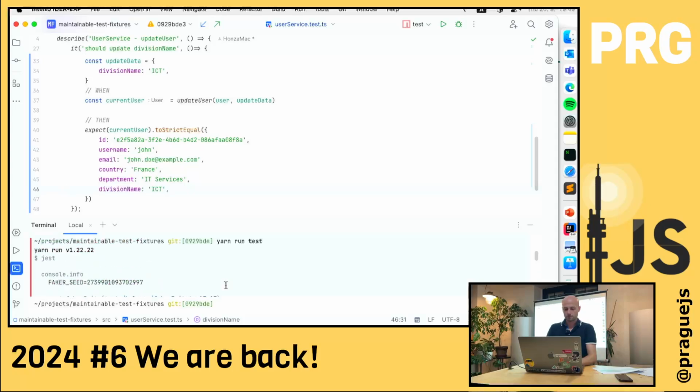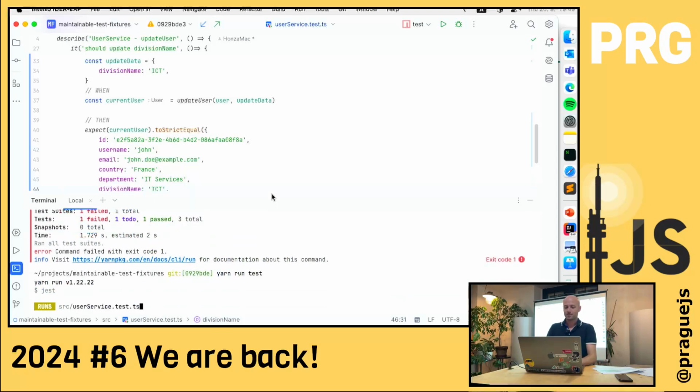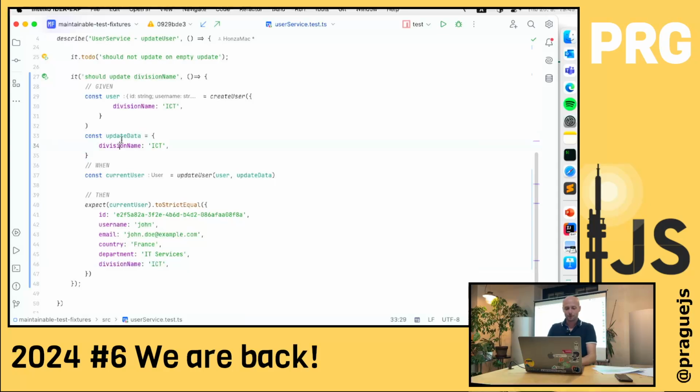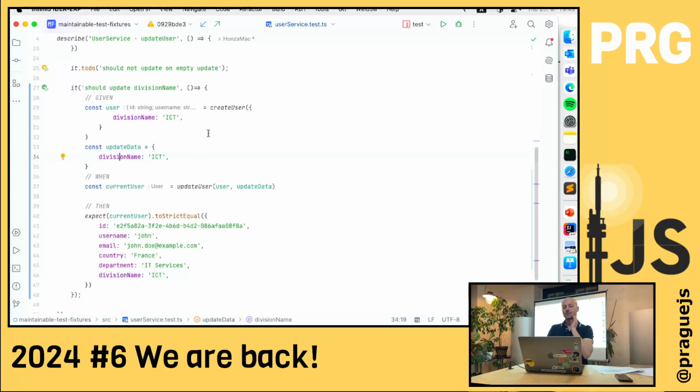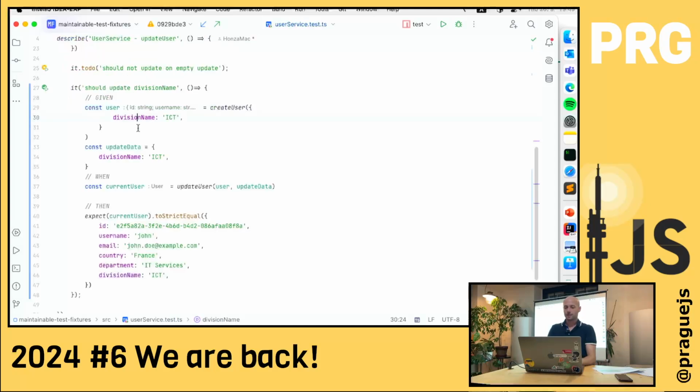This way. Right. But it's great there are so many people who can help me. So the tests are passing, and what I actually did is that we still have a department here as IT division name, but I override it here in the test because this test wants to have the ICT department. So now I can use this helper in all the tests and just override the internals. Why is it important? It will be important in the next iteration.